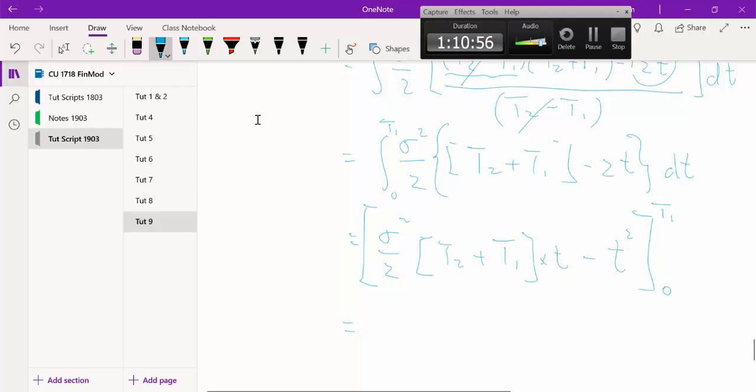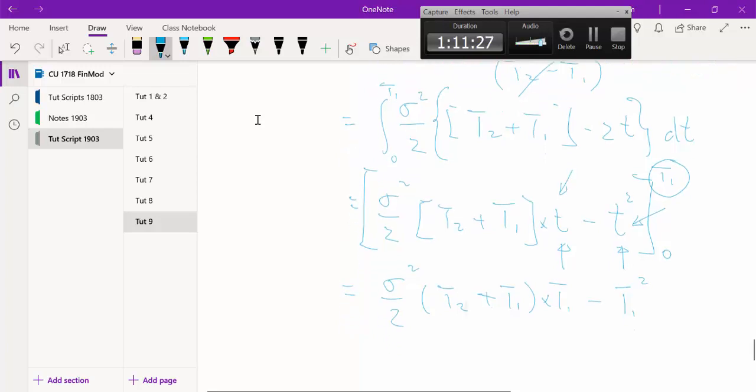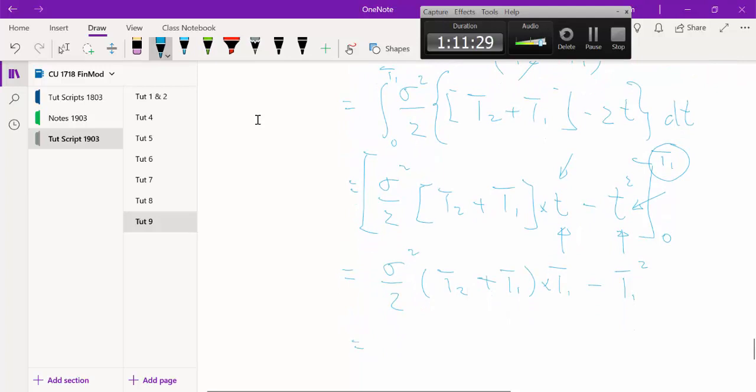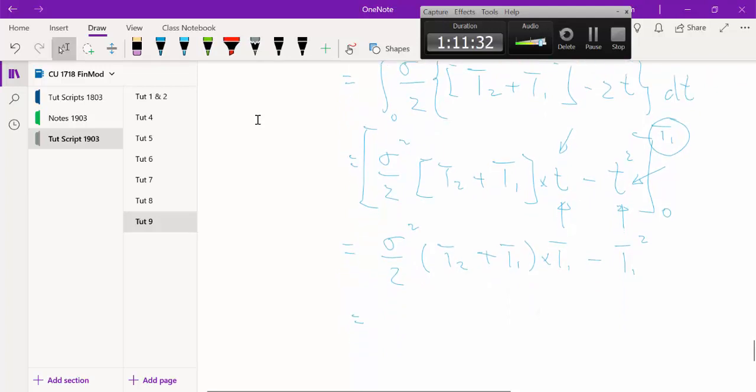And when you put in 0, actually this term disappears and this term disappears, so there's nothing to do with the 0. So you just put in t1, substitute t1 for the t, so that means it's sigma square, t2 plus t1 times t1 minus t1 square. I'm simply taking this big T1 and putting it into the little t here, okay? And when you do this, you are left with